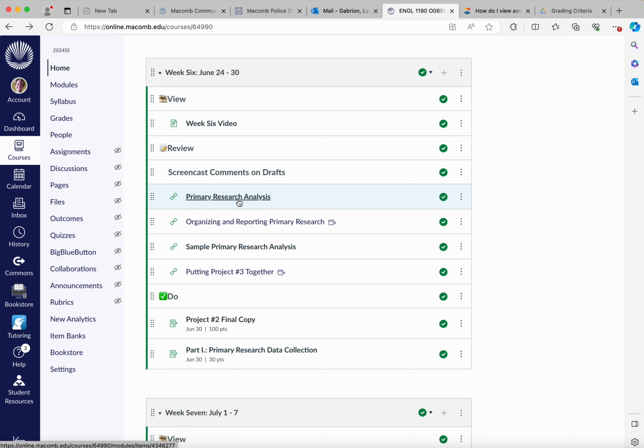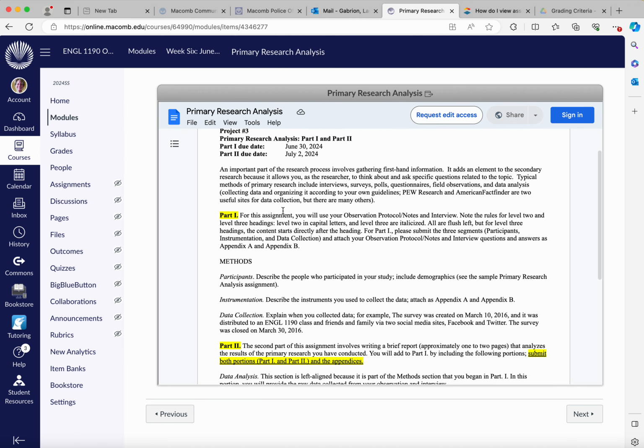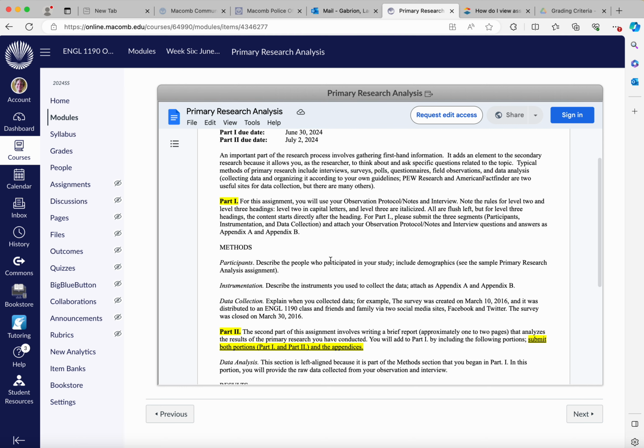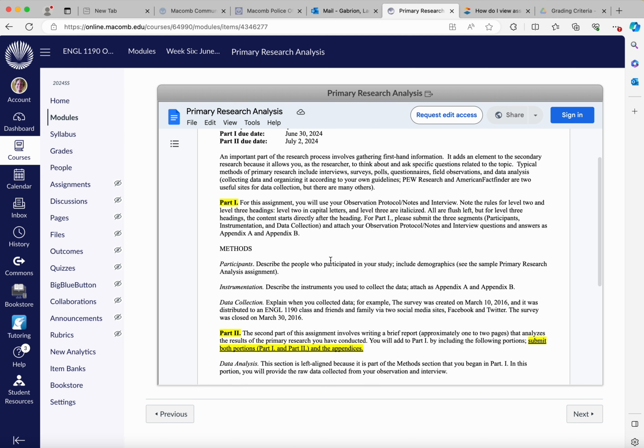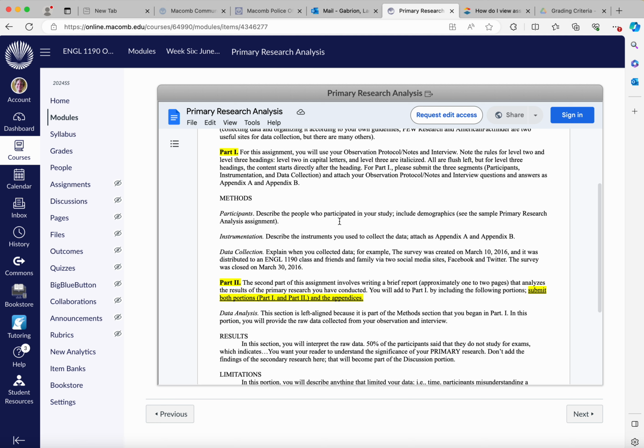All right, we're also going to get into that primary research analysis portion. This is the portion of your paper where you're going to write it up like the journal articles that you've been reading in preparation for the secondary research. For part 1, you're going to turn in a beginning document that starts with your methods, and you'll have your participants. You'll describe the people that you observed in your observations. Obviously you don't know them personally, so you're going to be generalizing, including demographics,